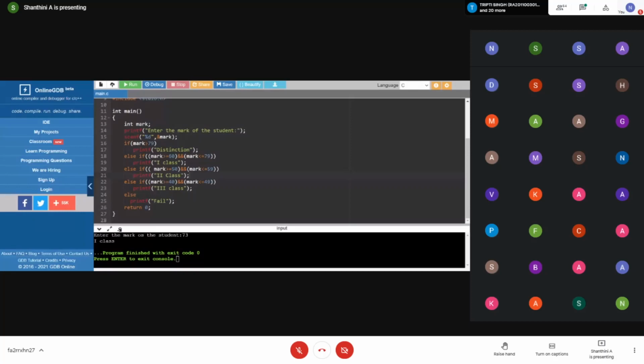I hope others are also doing it. If you wish to share, you can also share. It's not only with those guys I'm calling out. If you want, you can also put the code in the chat box so that I will be aware that you are all doing it.